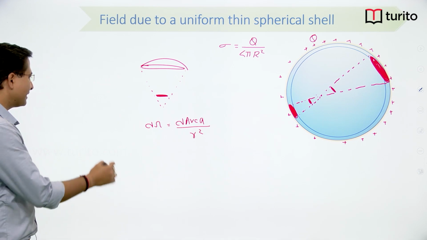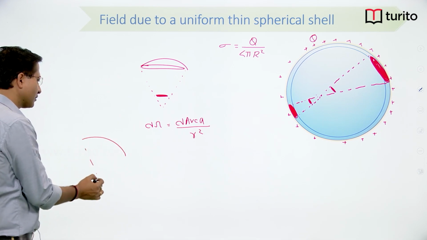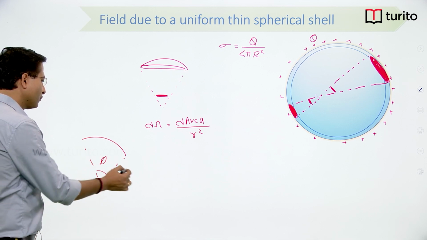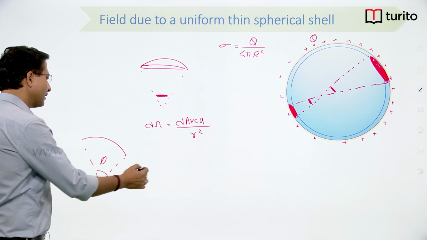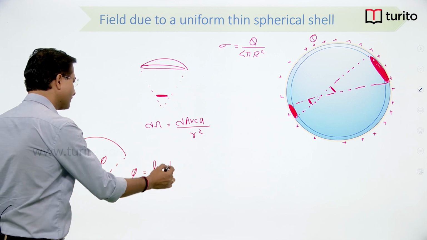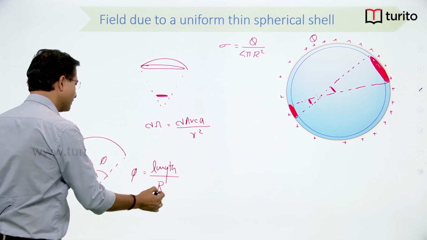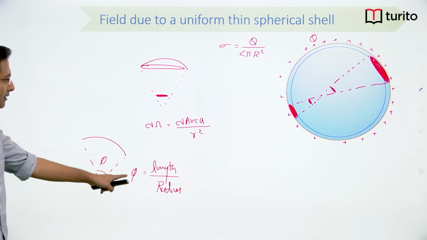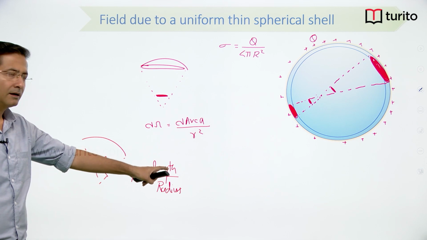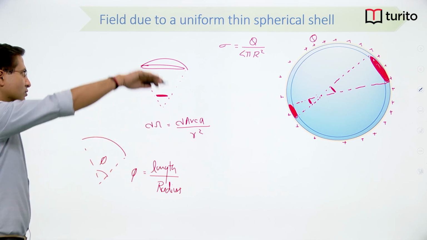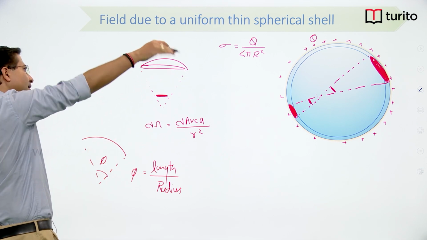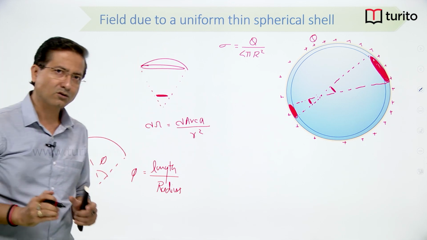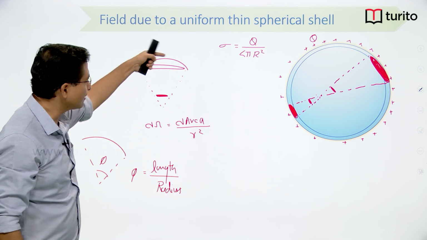Like a linear angle, if I join all the points like this, that angle phi is given by length divided by radius, right. In the case of solid angle, instead of length it becomes the area. So the surface area of this part divided by r square will give you the solid angle subtended by this surface at